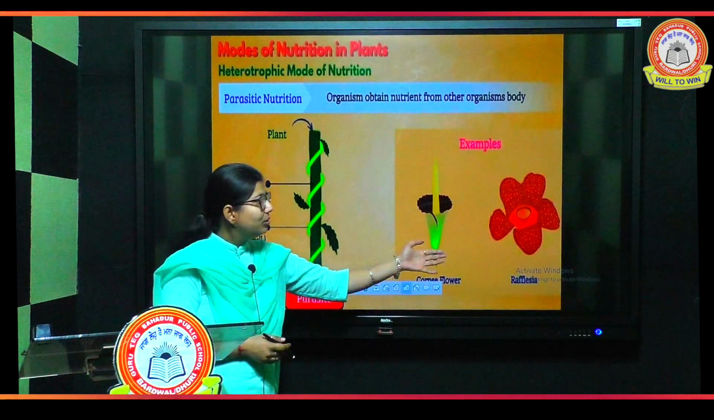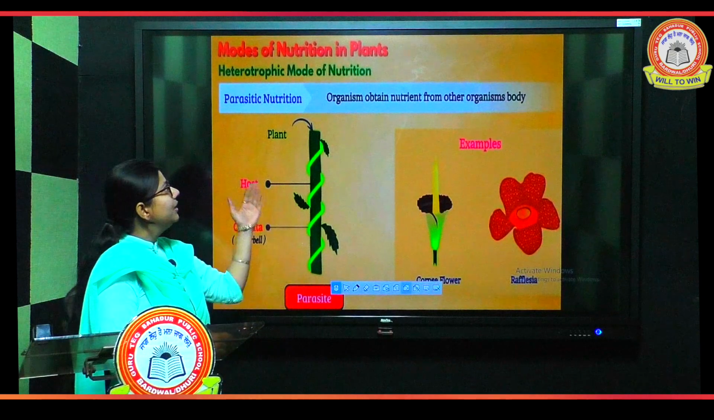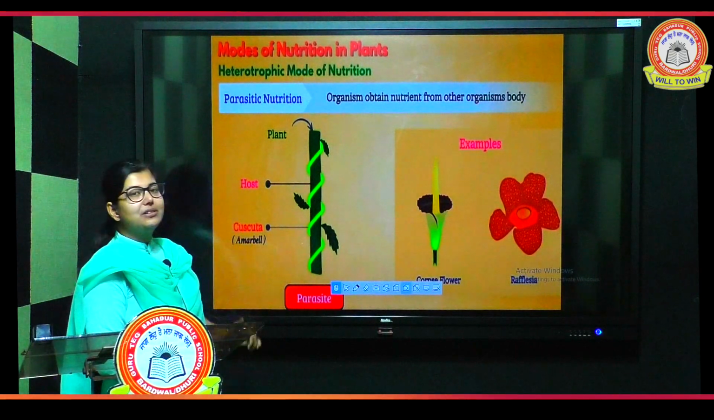And same is the example here also. Rafflesia flower is given here. This is again another example for parasitic nutrition. Okay,